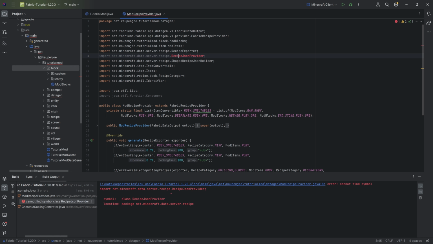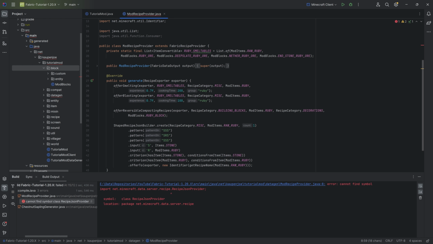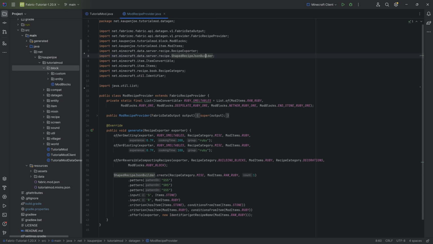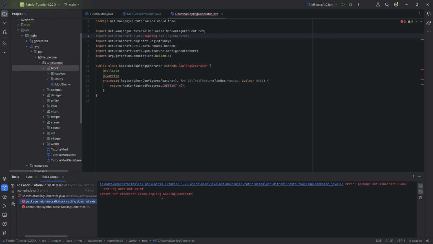So you can see that the recipe JSON provider no longer exists. Now, interestingly enough, I don't think we actually need this at all. So we can just press Control, Alt, and O to remove it, and then we should pretty much be good to go. Then we can run the client again, and we're going to get the next error, which is the